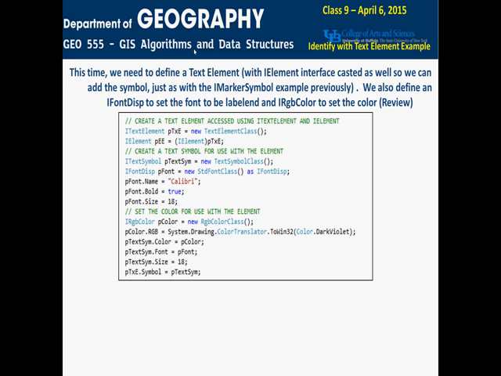Missing on this. I remember having to do that before. Okay, I had to add